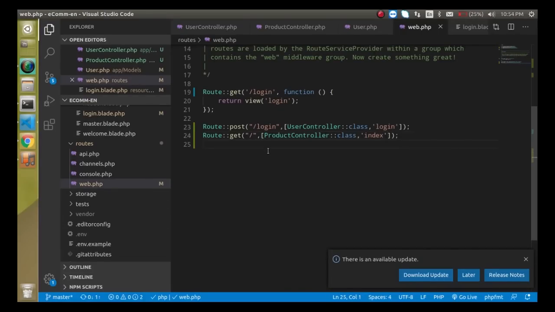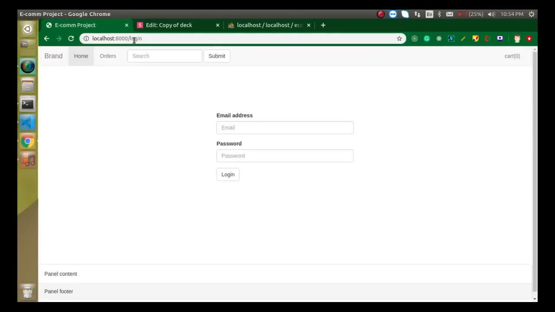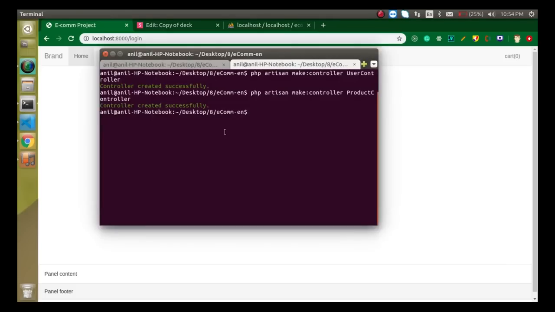Okay, so now you can see that everything is working fine, but I can again go to the login page. This should not happen, because if I am already logged in, I cannot see the login page again until I log out, right? So how can I stop it? For that I need a middleware. So just write here php artisan make:middleware,